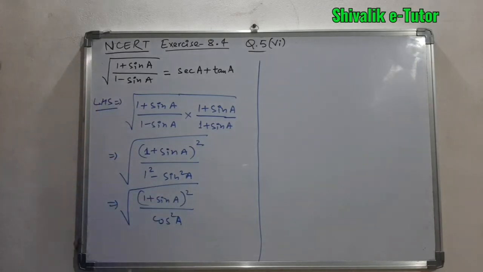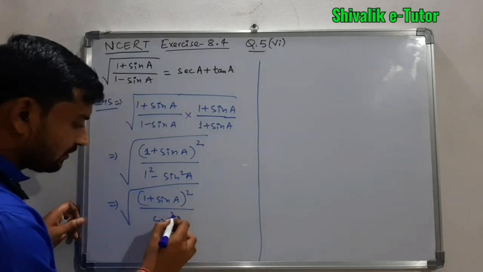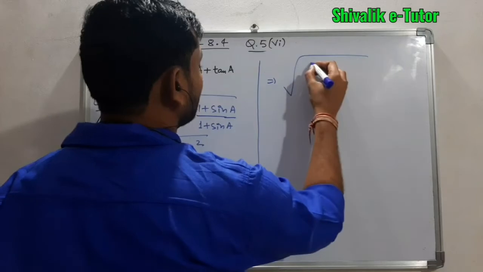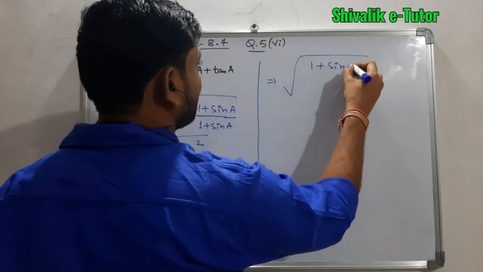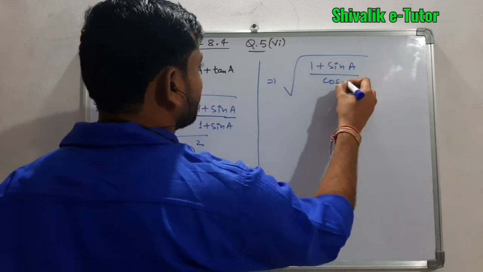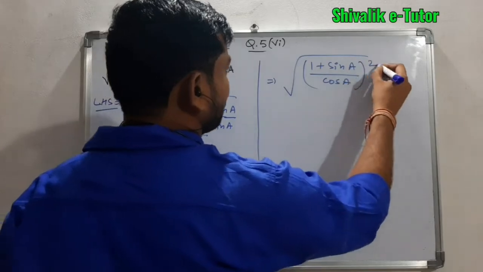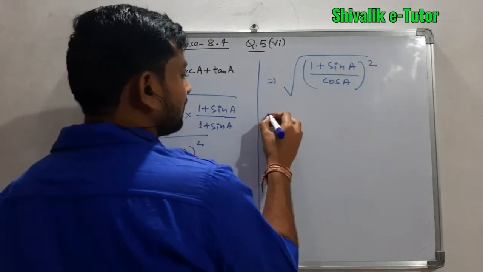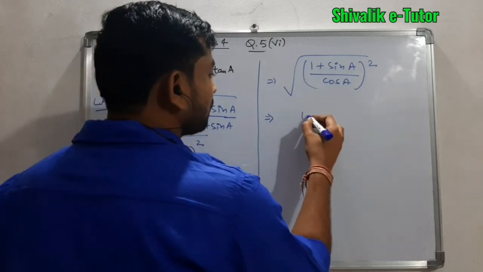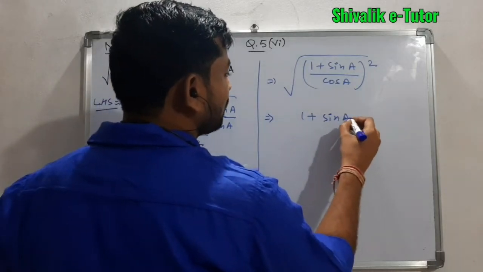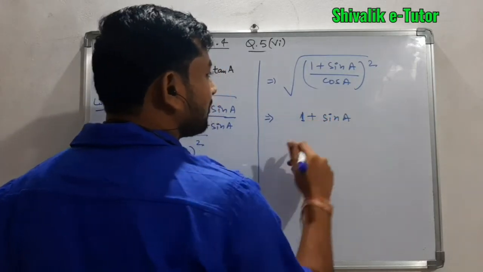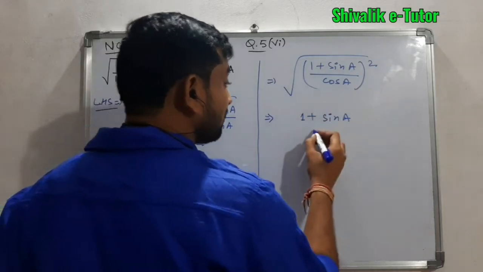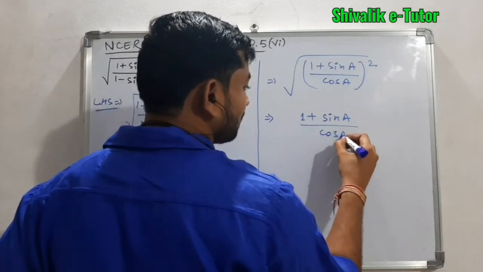Now when we look at this, the whole expression is having now square sign, so this can be written as root of 1 plus sin A upon cos A whole square. Now the expression is having whole square, so the root will be eliminated by the square. So finally हम रूट को हटा सकते हैं, क्योंकि हमारे पास अंदर स्क्वायर रूट वाली टर्म है, तो स्क्वायर रूट भी हट जाएगा और स्क्वायर भी हट जाएगा. So finally we have this expression.